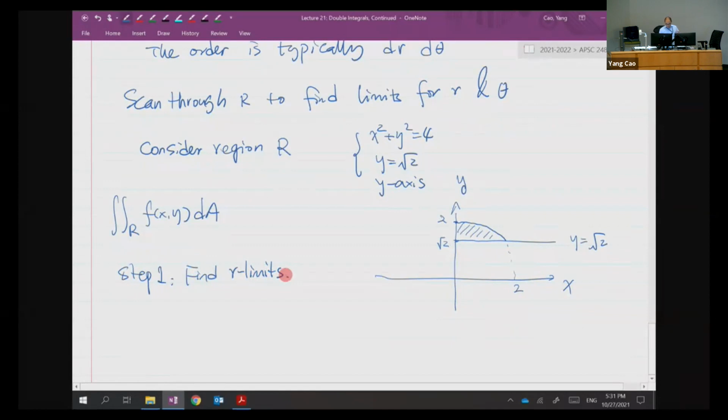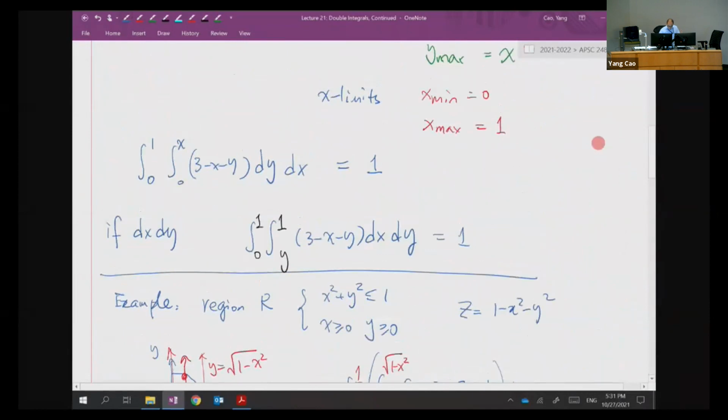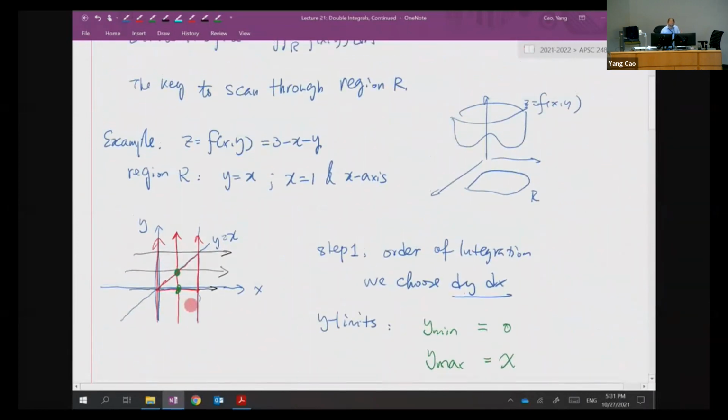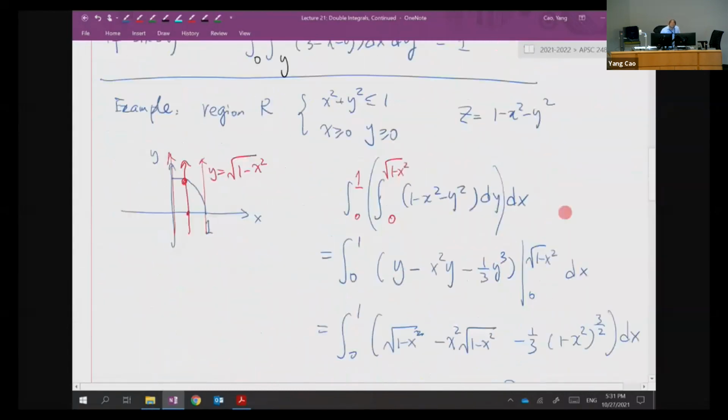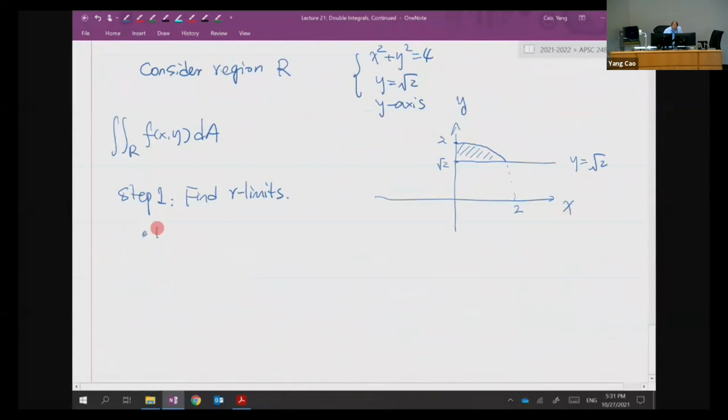To find the limits, we follow a similar approach as we did for finding xy limits. Remember, when we find the xy limits for Cartesian coordinates, you first determine the order, let's say dy dx. The next step is you draw an arrow line in the y-axis direction, which is the direction of your first chosen variable y. That's the first arrow line. So if I follow the same approach here, then instead of an arrow line, I need to draw a reading line